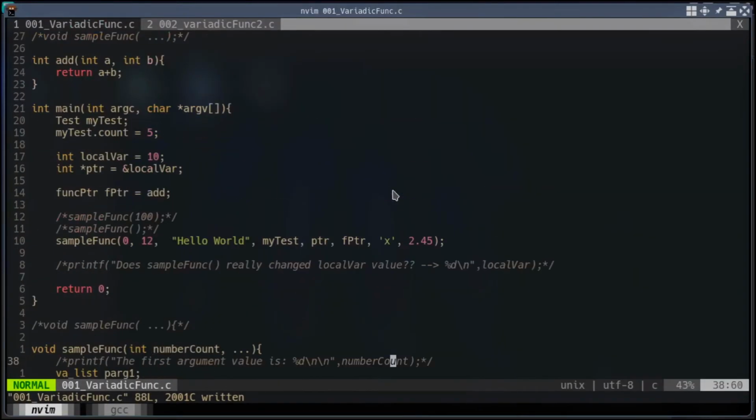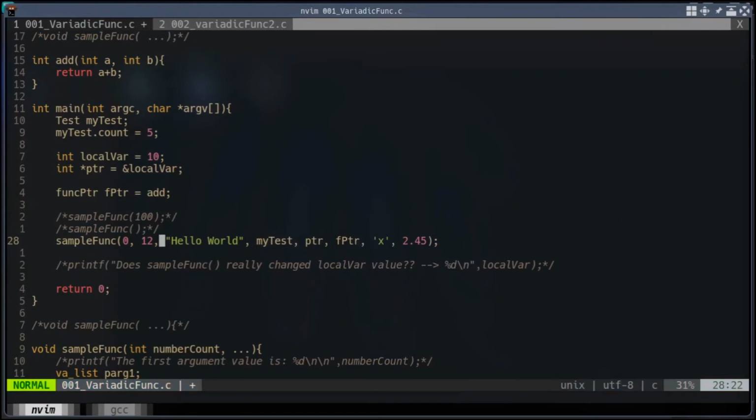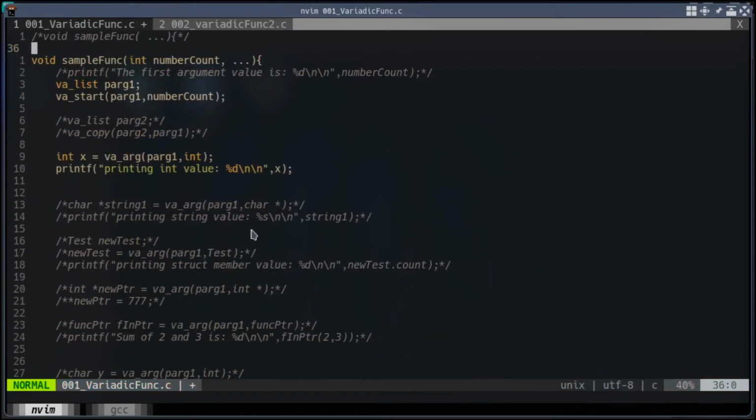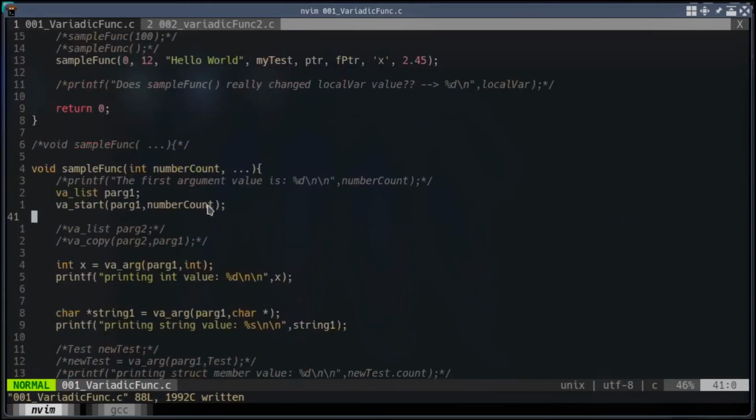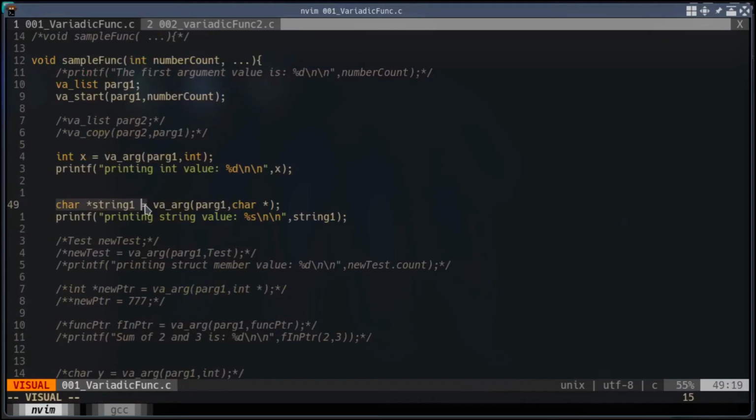The next argument is a string literal. That means it's a character pointer, as you know. Again, the syntax is very similar. There is nothing much. You obviously need a character pointer to store the address of the string literal. You need to create a character pointer first. Then you call the va_arg function and pass the first argument, that is ap, and the data type you are going to retrieve, that is a character pointer. That's it. Then I use the printf function to print the string.